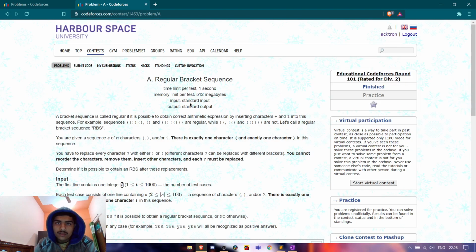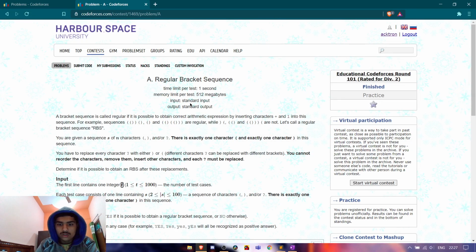What it is saying is we are given a string consisting of opening parentheses, closing parentheses and question marks. We need to make that string an RBS, a regular bracket sequence.